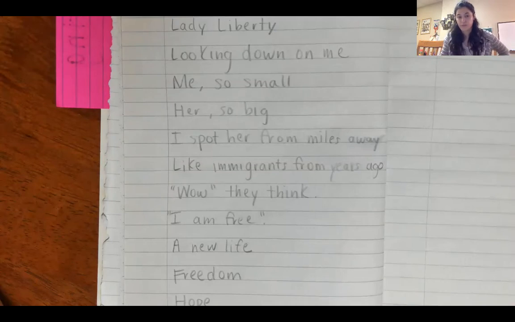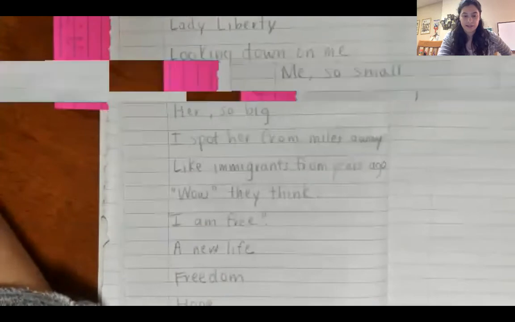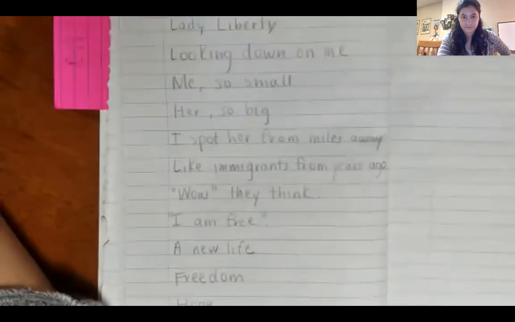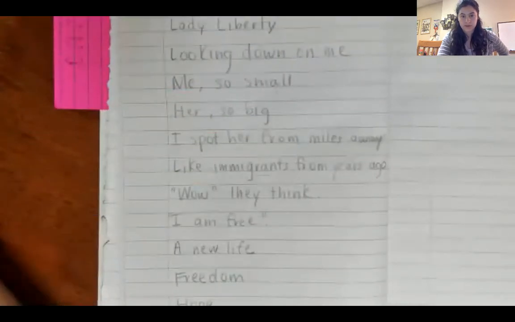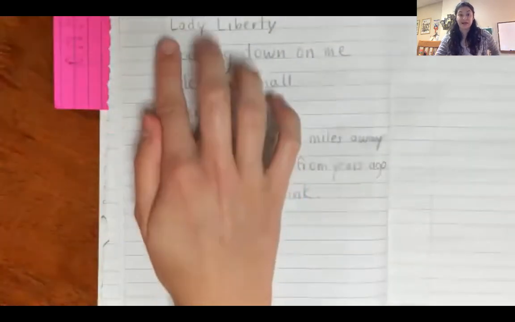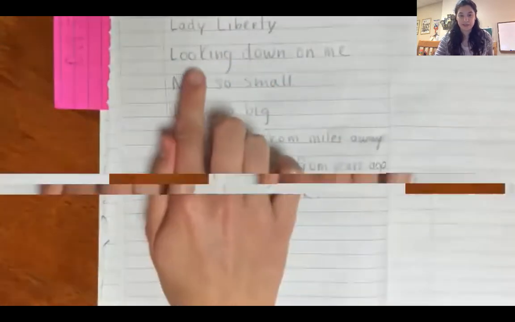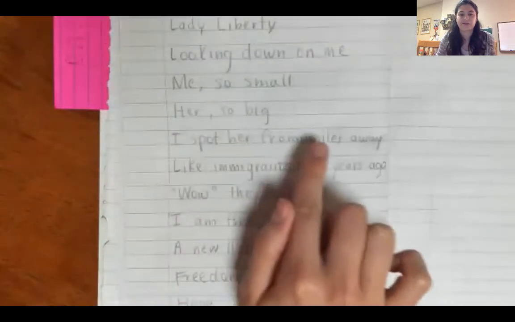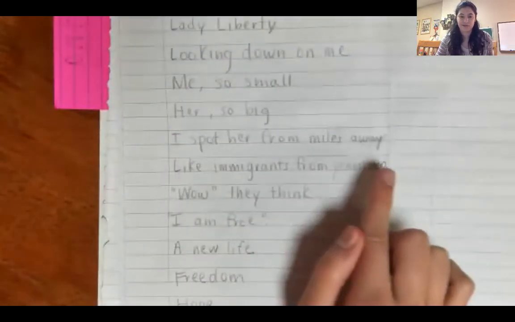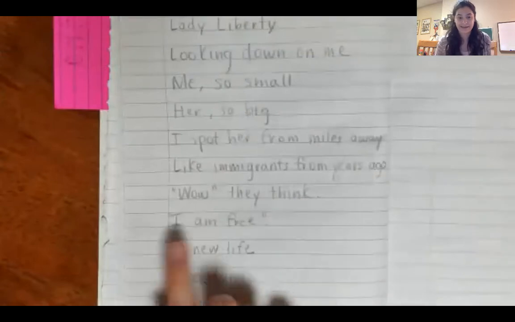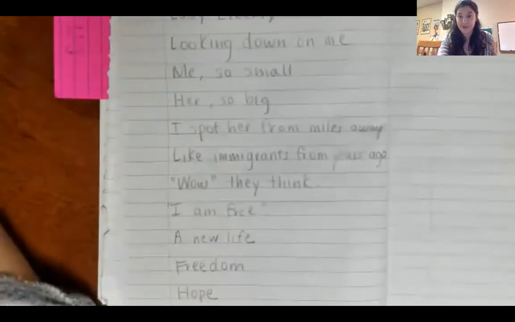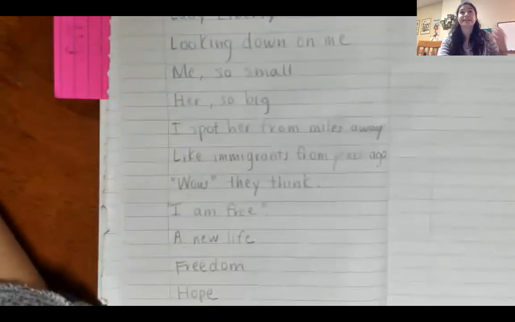So one more time today, let's go over our goal. All right, so right now, let me just finish my poem. Finally, I ended up with this. Lady Liberty looking down on me so small, her so big. I spot her from miles away, like immigrants from years ago. Wow, they think, I am free. A new life, freedom, hope. Okay, so that was the feeling I felt when I was staring at Lady Liberty. I was feeling like those immigrants. And now,